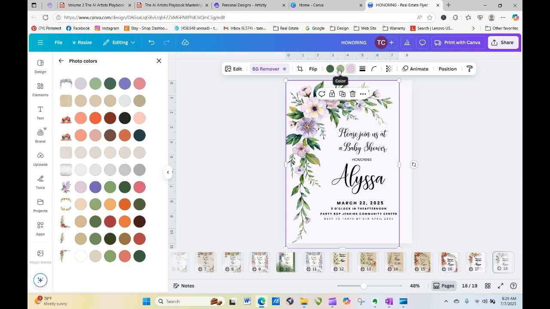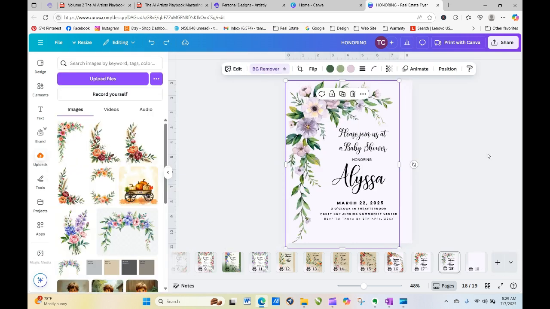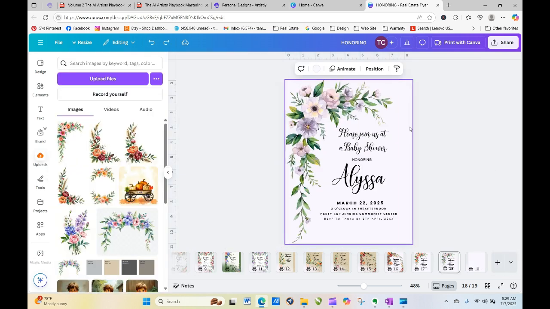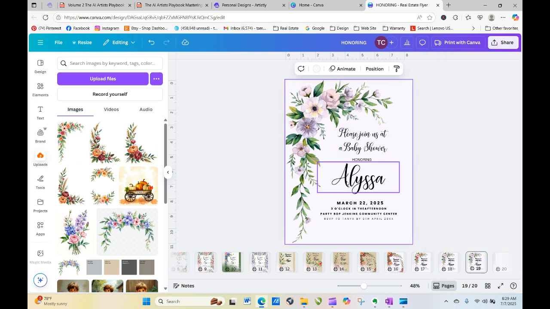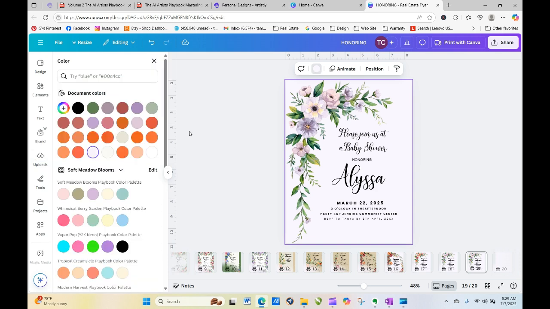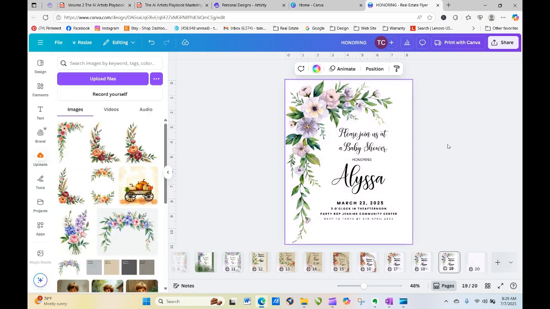Here, let's go with a darker. Nope, let's go back. Let's reverse that one. Okay, let's just go with that. Okay, so we've got that. And that's really pretty. So I'm probably going to copy that one now just to keep it. Duplicate it. Okay. So now what we're going to do is I'm going to go in, make this white, and